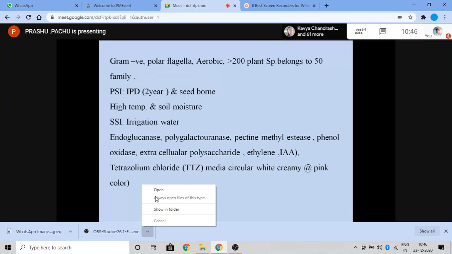So, with respect to the epidemiology, I already explained this. It requires more than 32 degrees Celsius of temperature with